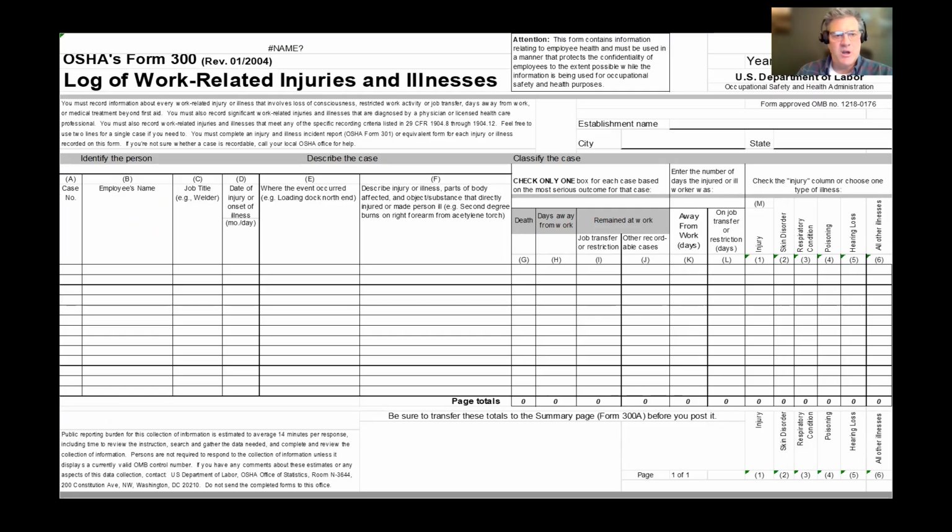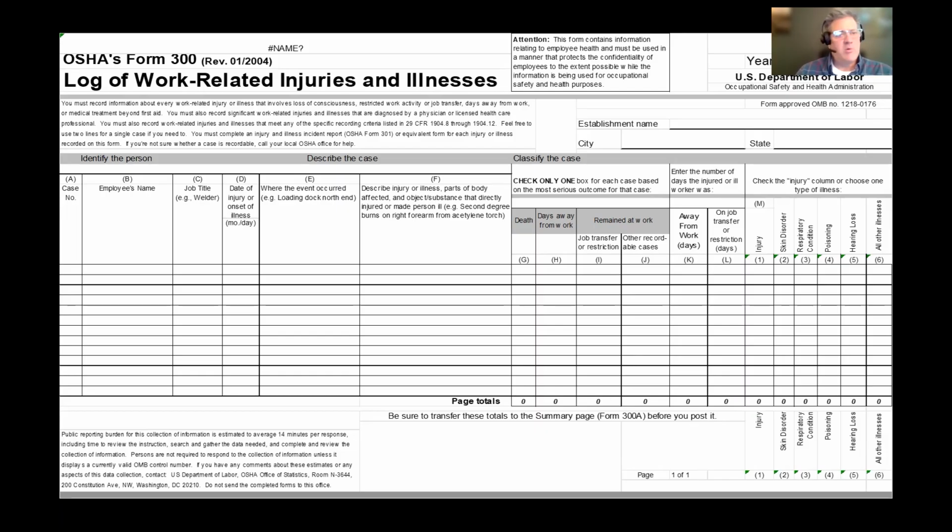this line entry of a recordable incident. So column A, this is just best practice. I just recommend this to the members I work with. And I know I said that a claim and a recordable are not related, but the reality is if you are putting something on your log, 99.9 times out of 100, they probably sought medical attention, which means there's a claim number. So my recommendation, and this isn't a law, this is not something that you have to do, is you put the claim number in column A, solely as another place to cross-reference information.